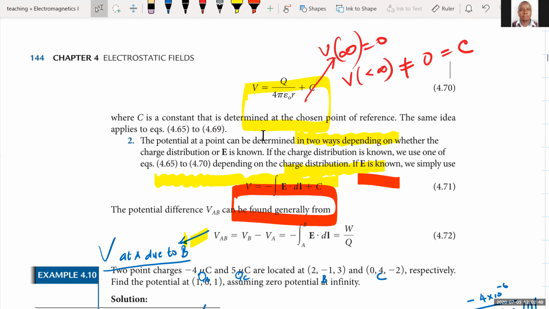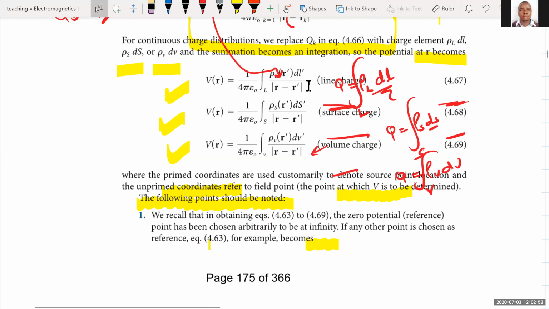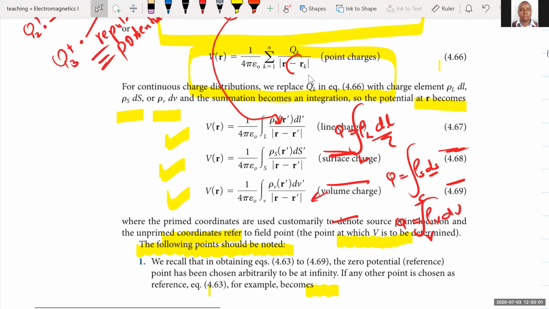The same idea applies even for the others. If your reference point is not at infinity, you would consider adding a constant here, adding a constant there, adding a constant there, and that means that your reference potential will not be 0. The last point that we observe before we go for break is the following: